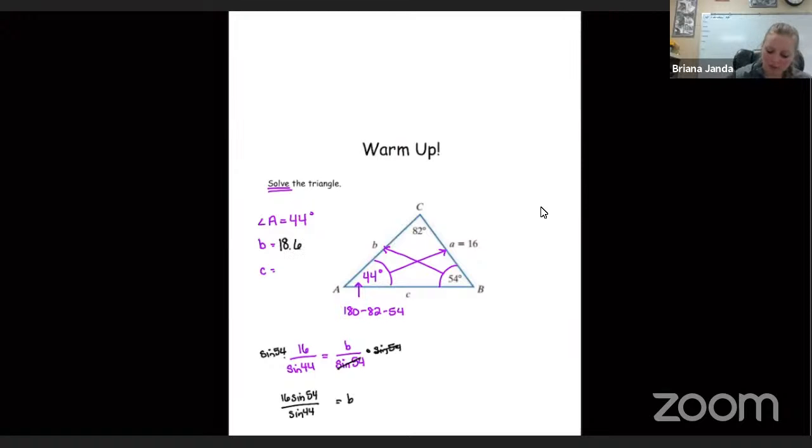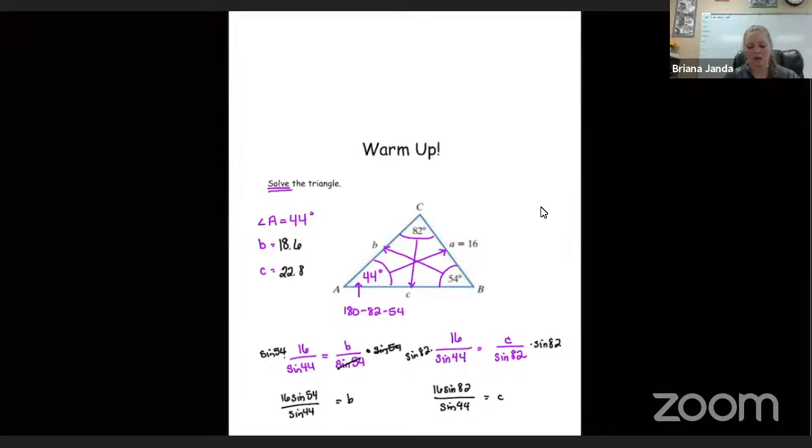And similarly set up to solve for C, again, use the angle and side across from each other. So I'm going to use that 16 across from the 44 degrees again, and to solve for C across from 82 degrees, multiply both sides by the sine of 82 to solve for C. And type in my calculator 16 times sine of 82 and divide that by the sine of 44. And I believe that comes out to